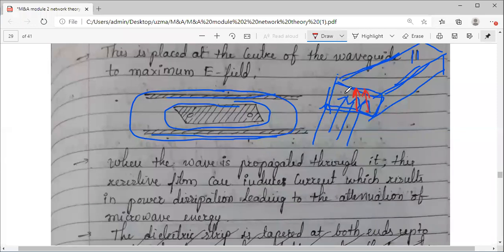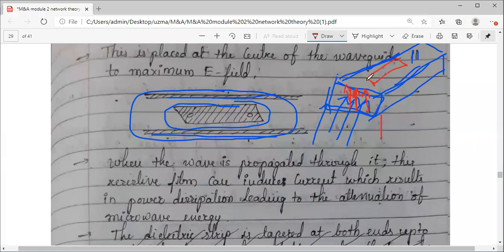Okay, the electric field is like this, so obviously the resistive material, the dielectric material, has to be positioned so that it is parallel to the way the electric field is. It should be kept parallel to that.